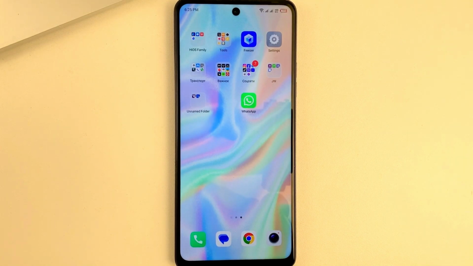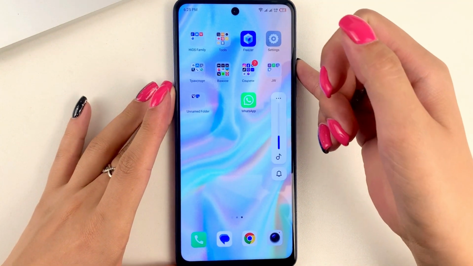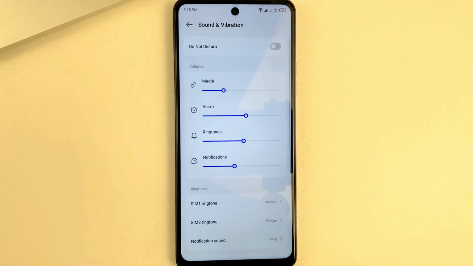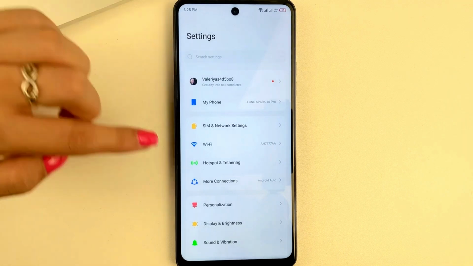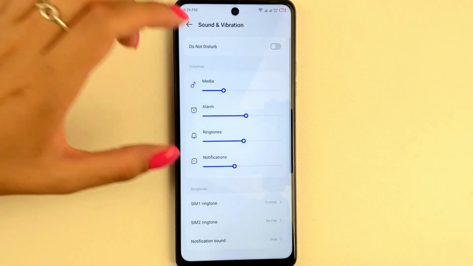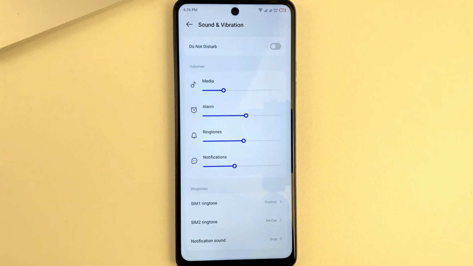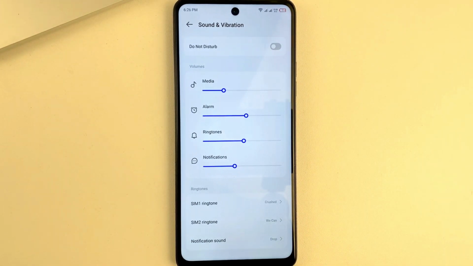Also friends, turn up the volume on your phone. To do that, you can either press the volume up button, then the three dots. This way you will go to the sound settings. To do that, you'll need to press the gear and then scroll down, click on the vibration sounds option, and you will also go to these settings. Here you will need to put all the items media, alarms, ringtones, and notifications all set to maximum.